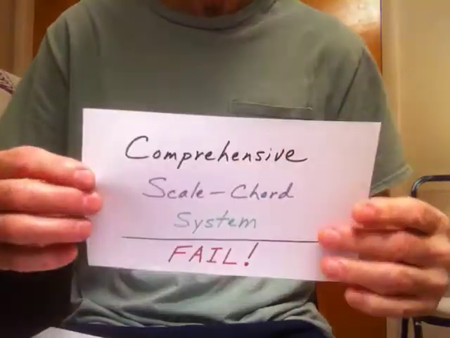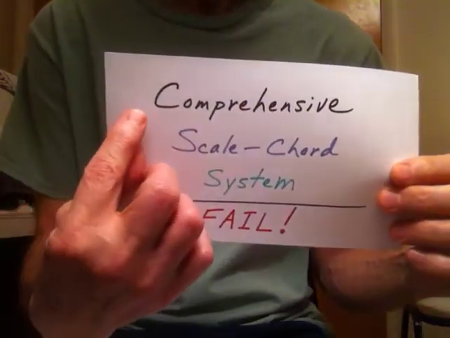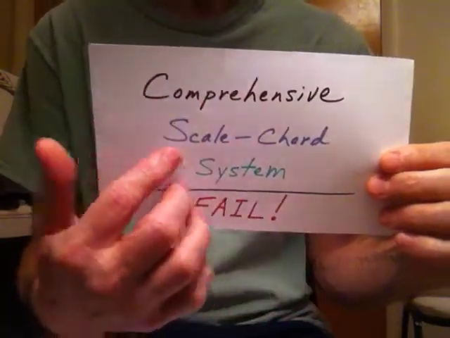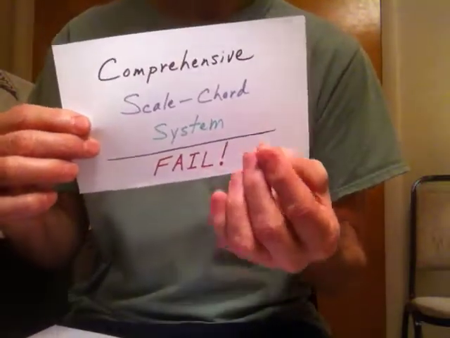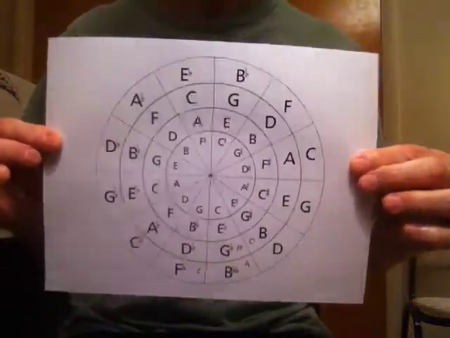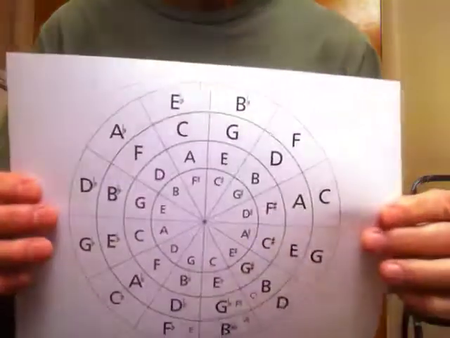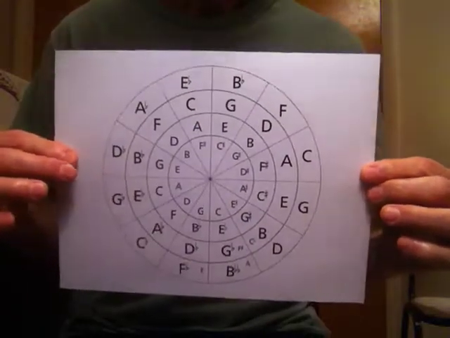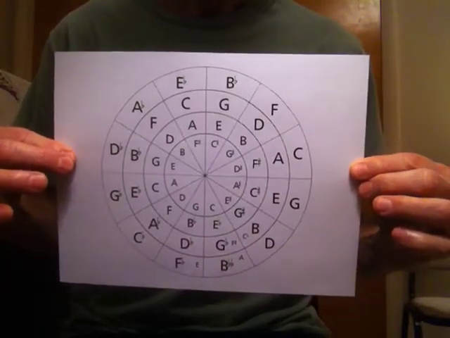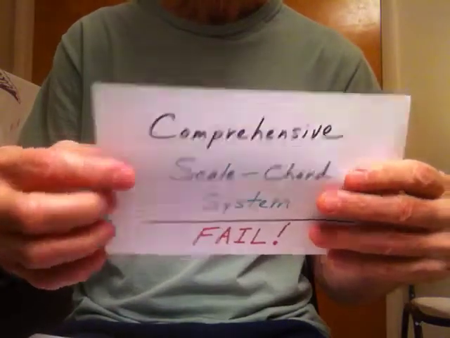But I'm also saying, you know what? I'm challenging you. I'm saying continue the search, because it might be possible for someone to develop the ultimate comprehensive scale chord system. I got very, very close. I'm very close, but I'm just not there yet. I've conceded defeat at this point. But I'm saying that, you know what? I gladly share this idea with you. You can use it and play with it. But maybe you can do what I failed to do.